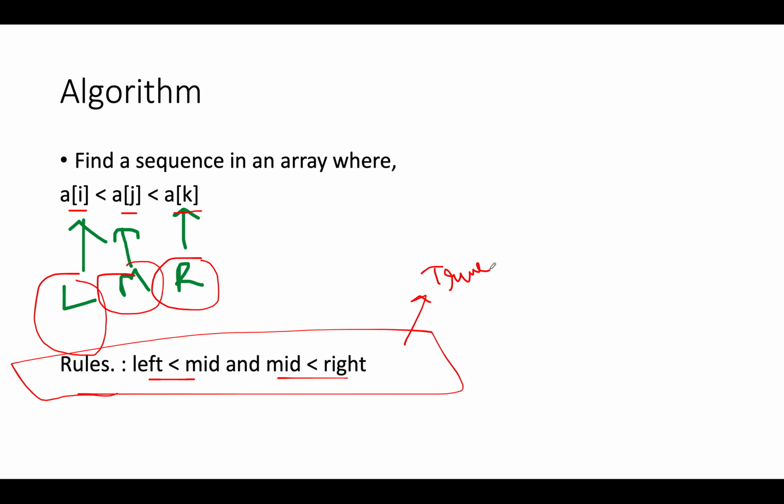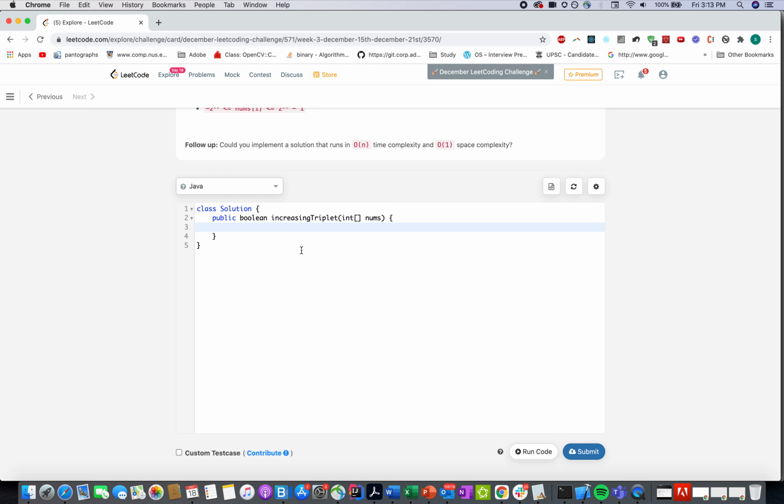So this is the condition for us to return true. Before iterating through the examples, I'll walk you through the code, and the code will be so simple. I'll only write this rule there and you'll be able to understand it fully. So let's jump to the code. Since you are interested in identifying the two lower bounds, let's call them left and mid, and initialize left with the maximum value so that we can update it as soon as we find a lower value. Integer dot max value, comma mid equals integer dot max value again.